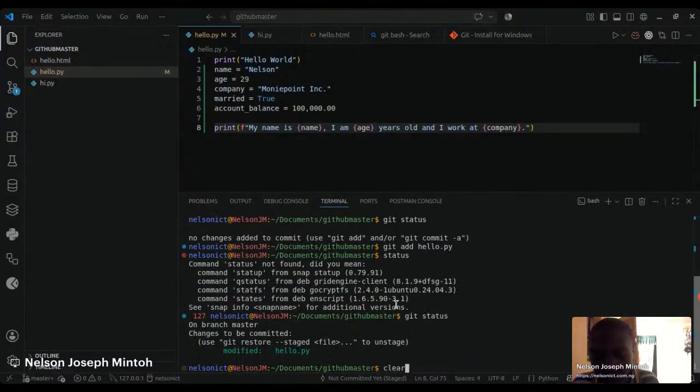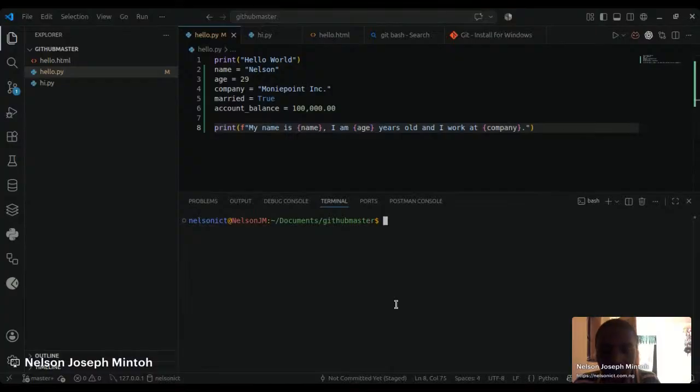So the file has been staged for commit. So we can commit this with git commit. What do we want to commit and what message are we giving? We are committing everything that has been staged. So the message is